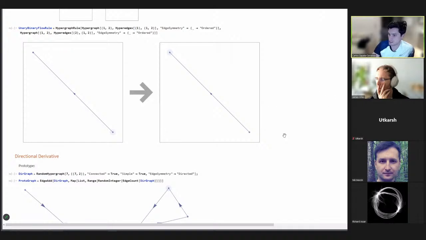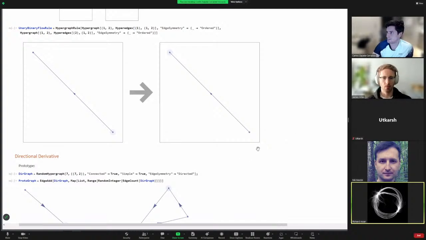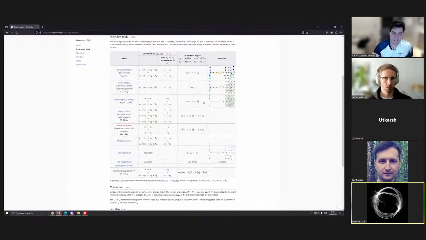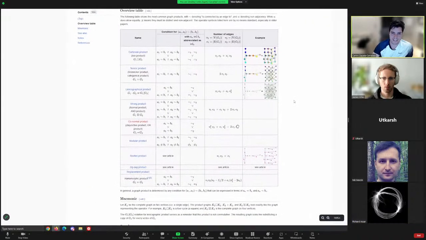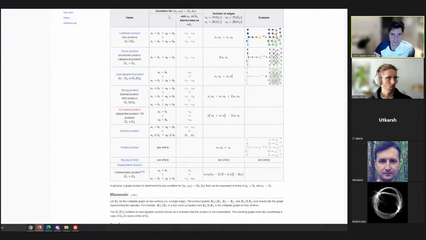So there's always this nice Wikipedia page of graph product. I think I'm sharing my screen. Yeah, I'm on that page actually. Since Yuti mentioned, I've been staring at it the whole time. Yeah, that's the page I had in my mind all this time. So it's interesting, the number of edges condition for